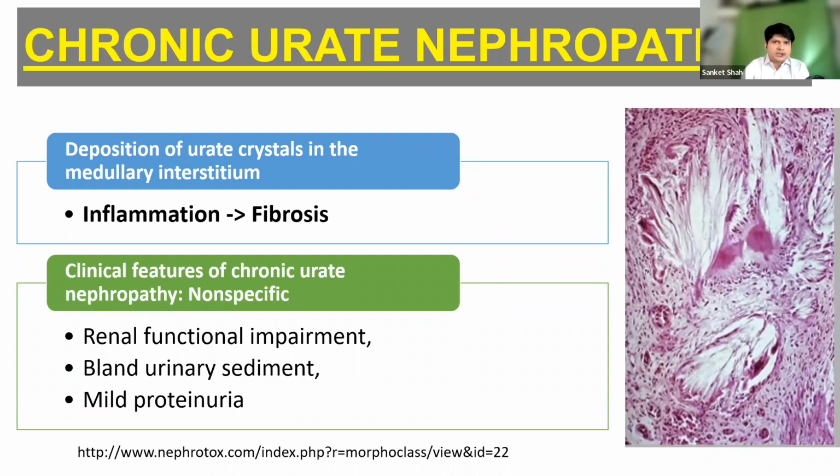If there is a deposition, the body will react. The first response will be inflammation, then healing or fibrosis. That's how kidney function goes down. How do they present? Renal function impairment, bland urinary sediment, mild proteinuria. We do not do biopsy all the time. If creatinine is 1.5 or 2, many times it is labeled as unknown cause, and we just do the